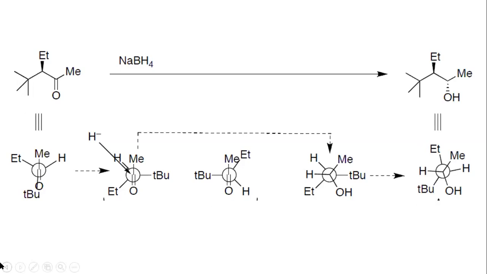Now if you write the front carbon's carbonyl group down and its other substituent methyl up, then you should write the hydrogen here and ethyl here. But if you write the carbonyl group above and methyl down, then you should interchange the positions of the substituents on the rare carbon. Then you should write ethyl here, then hydrogen here.